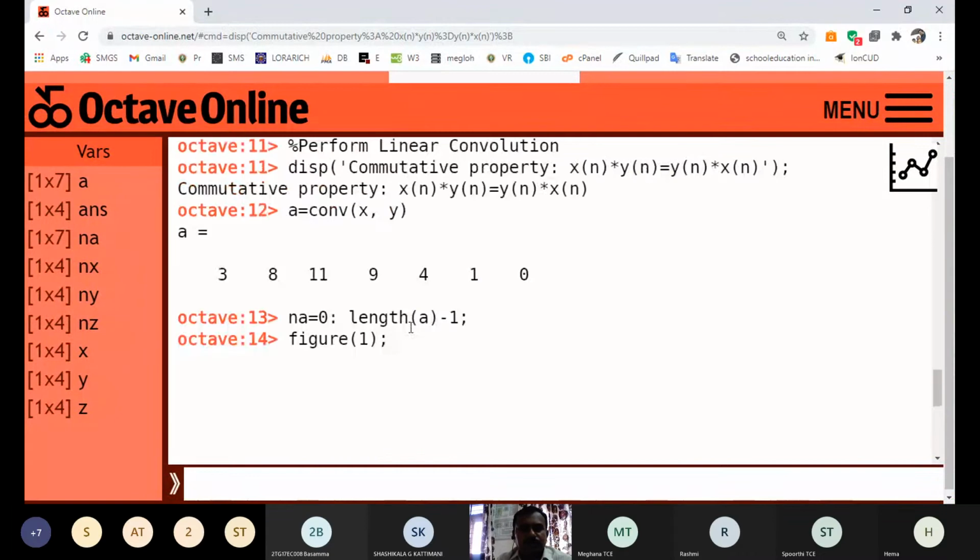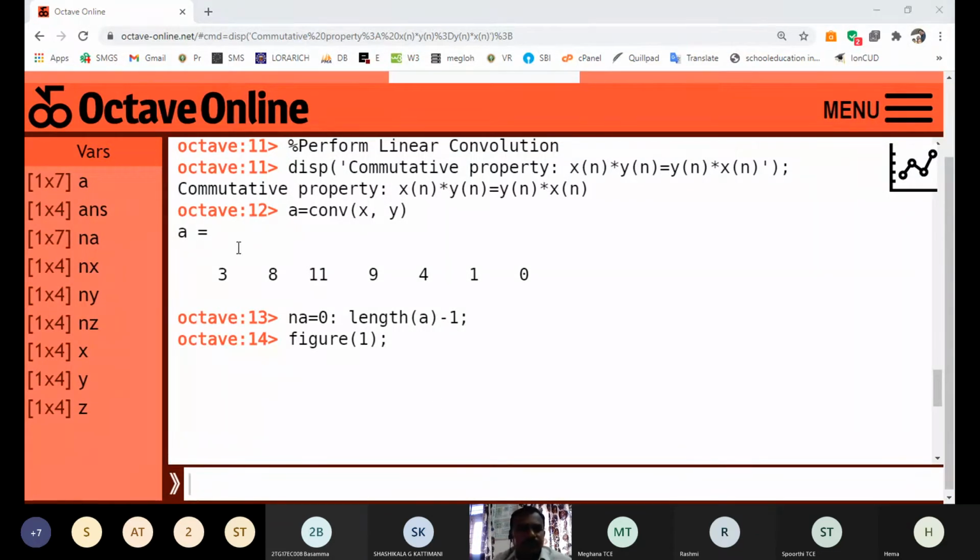Figure 1. If you want to use different graph sheets, then we need to use a figure. A figure is a window. Figure is going to create one separate window, and in that one you can display a number of graphs. Similarly, if you want to display some more signals on another graph sheet, once again you need to use the figure function. The figure function creates a graphical window, and in that window we can draw a number of graphs, nothing but dots.